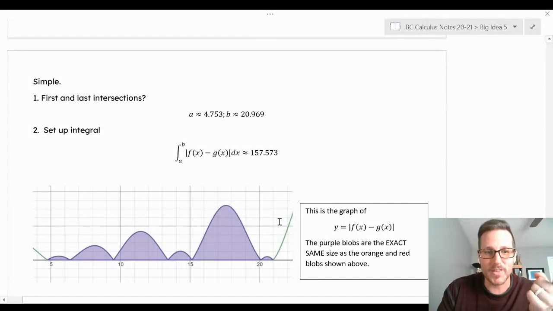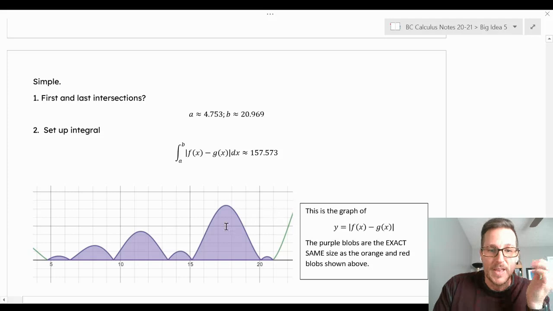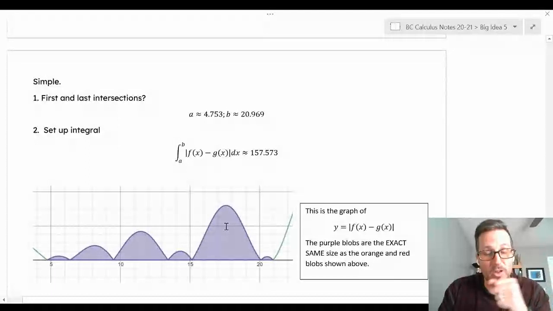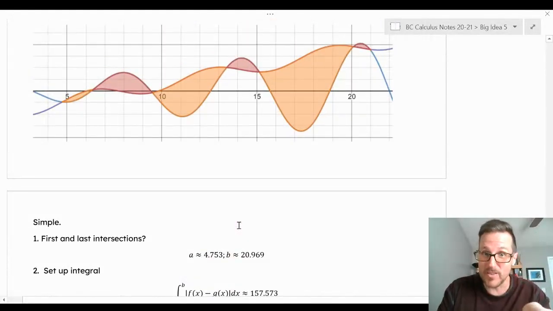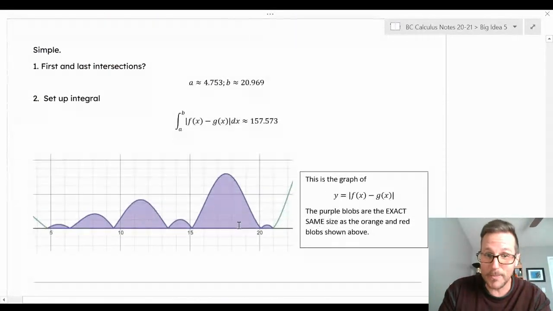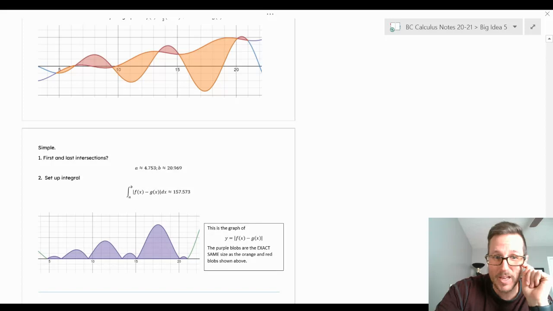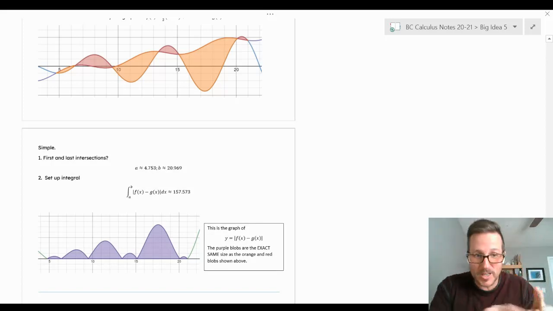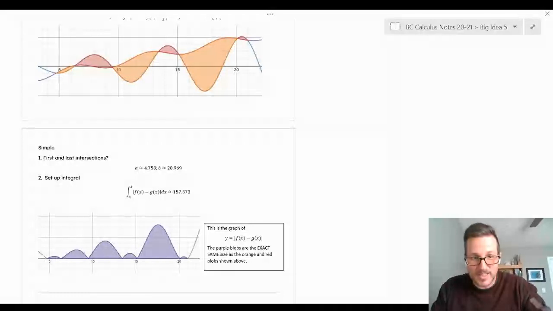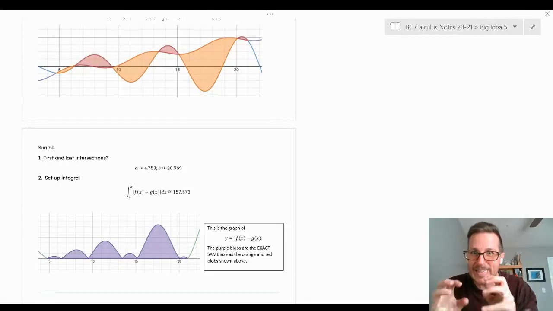Well, then I want to show you that this purpley little bumpy thing, that graph is the graph of the absolute value of f minus g. Let me show you this again. That's the picture of f and g together. This is the picture of the absolute value of f minus g. Now, what you might be able to see, if I zoom out a little bit, each of the little hills in the purple function, they're exactly the same area